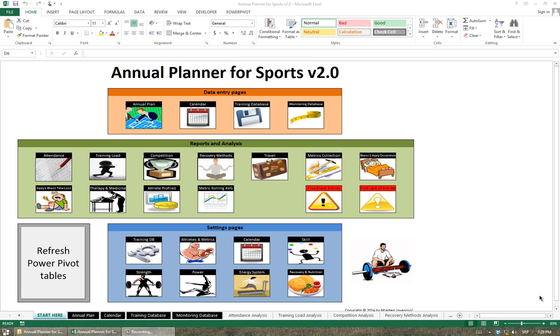In the first installment we covered the basic structure of the annual planner, which involves data entry pages, report and analysis, and setting pages. In the last installment we covered mostly data entry pages and setting pages. In this one we're going to load up a workbook with the example data and we're going to cover reports